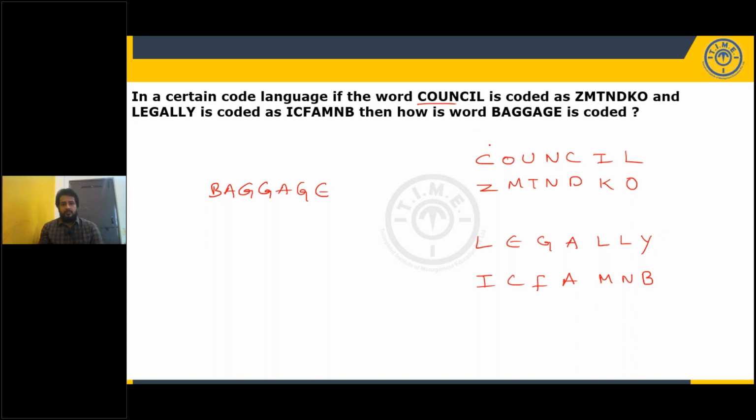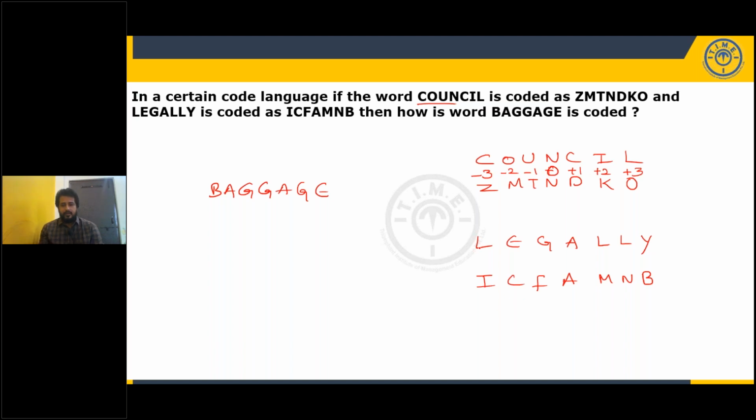Okay. Now, here we'll go with the place values. C is 29, Z is 26, so -3. Alphabets are cyclic in nature. So Z is 26, again A is 27, B is 28, C is 29, we can take it like this. Now, O is 15, M is 13, so -2. U is 21, T is 20, -1. N and N, there is no change. Middle letter, there is no change. So +0. Now, C and D. C is 3, D is 4, +1. I is 9, K is 11, +2. L is 12, O is 15, +3. So the logic is -3, -2, -1, 0, +1, +2, +3.